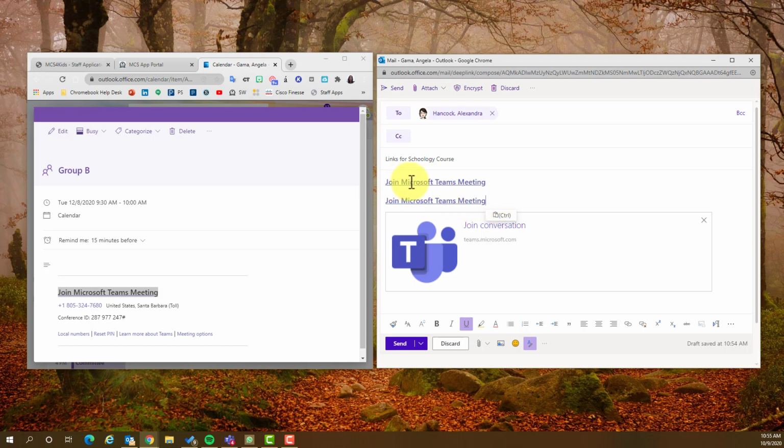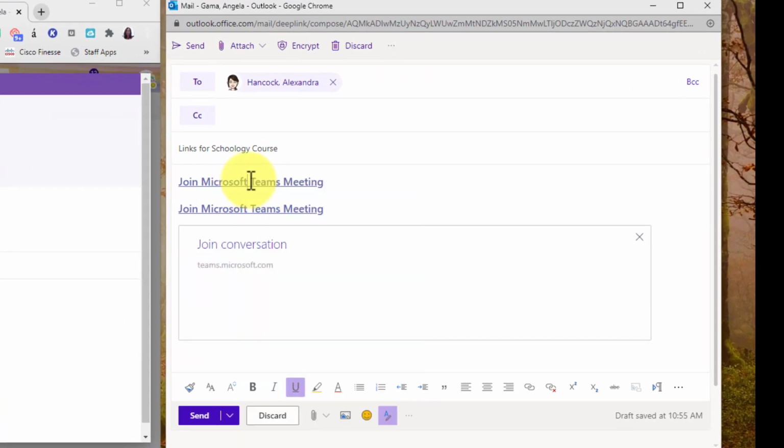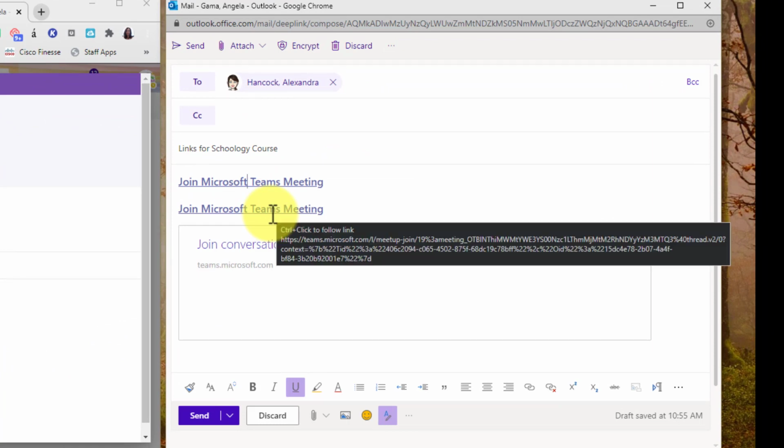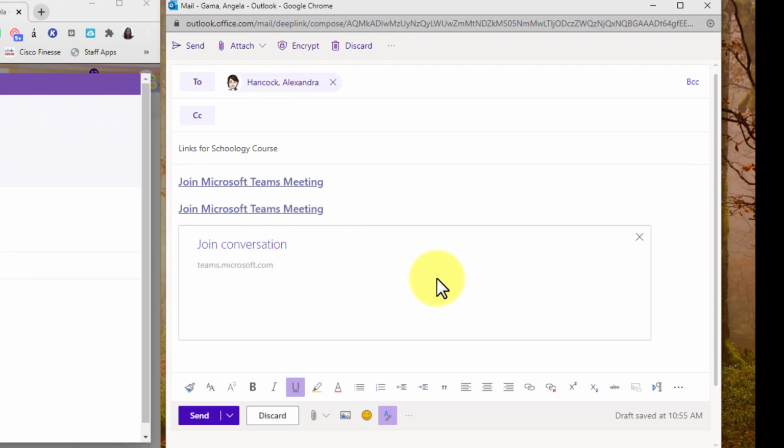So a great tip would be to modify the actual link. So I can place my cursor in between the text in my link and start typing what I would like to add to the link. From here, I can remove the rest of the text that I don't need. I would do the same for this particular Teams meeting so that the teacher that I'm sending these links to will identify them and know what type of link they need to create in the